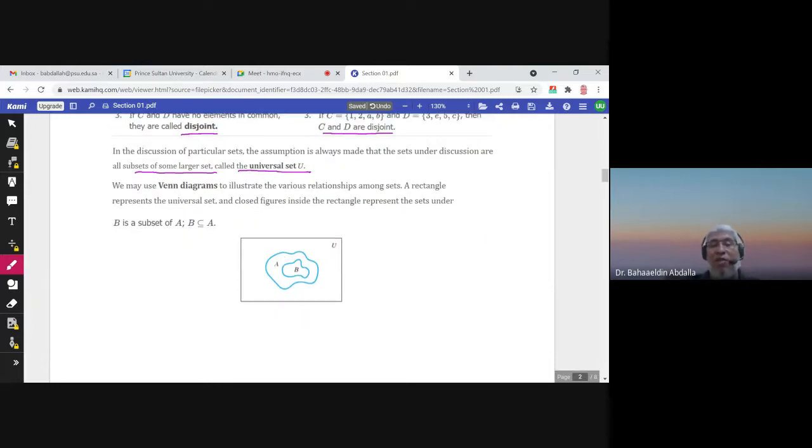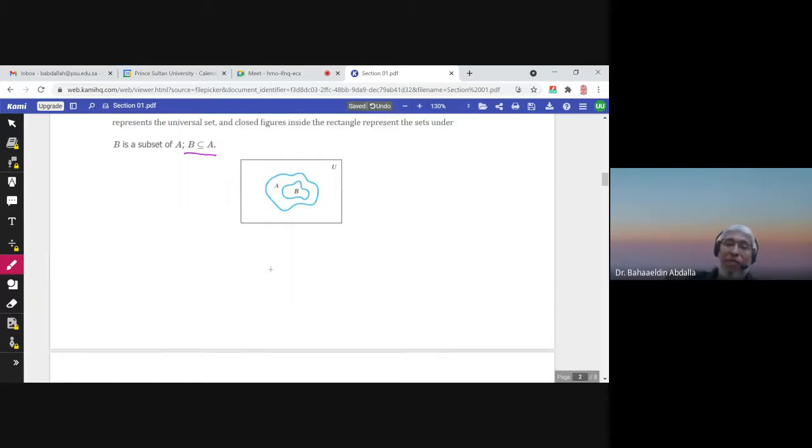We may also use a Venn diagram. What is the Venn diagram? It is a large rectangle that represents the universal set U, and inside U you have the sets. So a rectangle represents the universal set, and closed figures inside the rectangle represent the sets